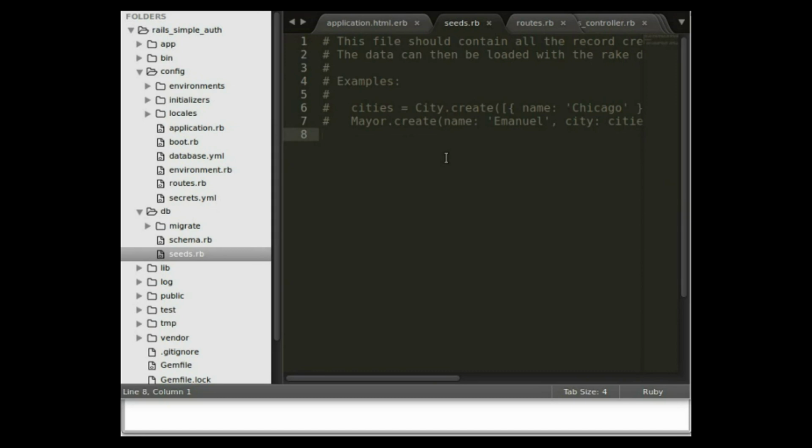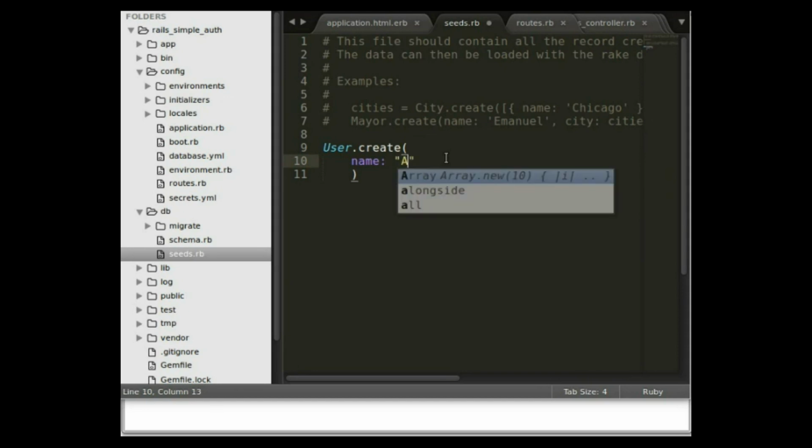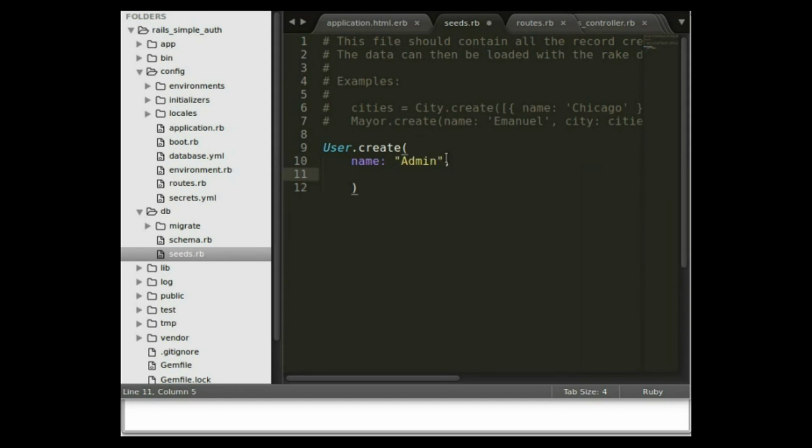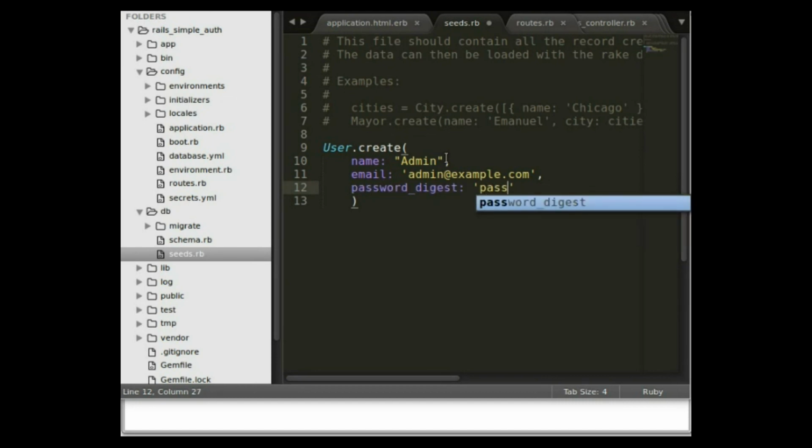And here we add user create, the name is admin and the email is admin@example.com and the password digest is password. Okay, save,